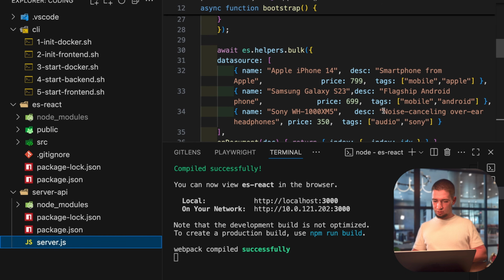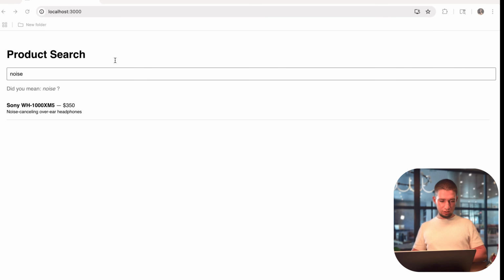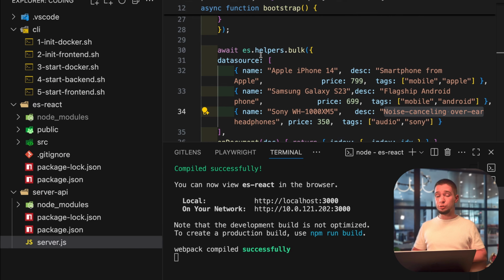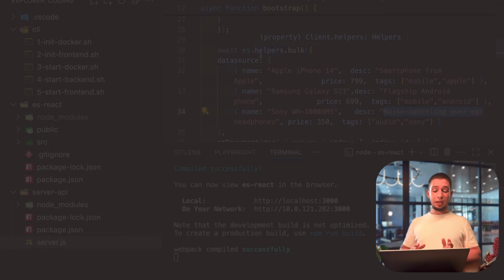Noise cancellation here. Yeah, sadly, all of the descriptions are with three letters, so we don't have so many examples, but you'll be able to check it by yourself.